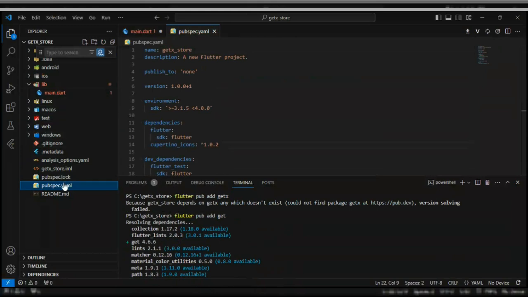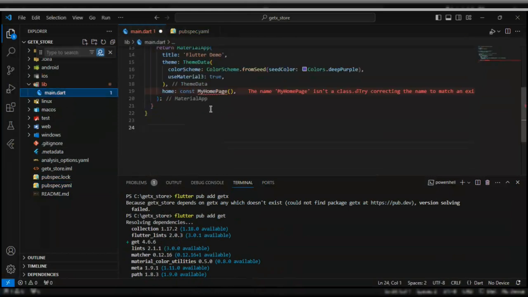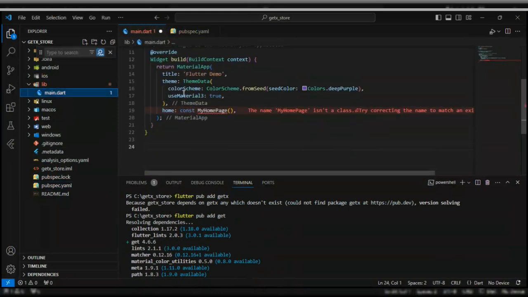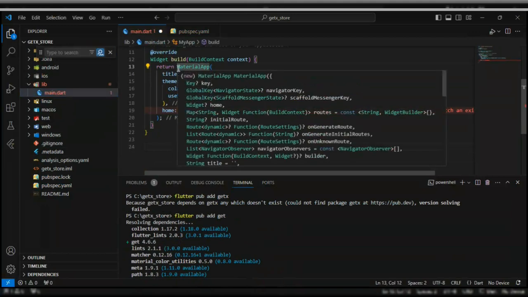So the first thing we need to do is go to our main.dart. We initialize our material app, we initialize it to be a GetMaterialApp. But before we go to that, I need to discuss the basic principles on which